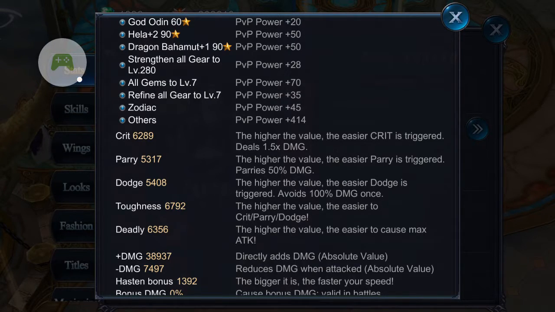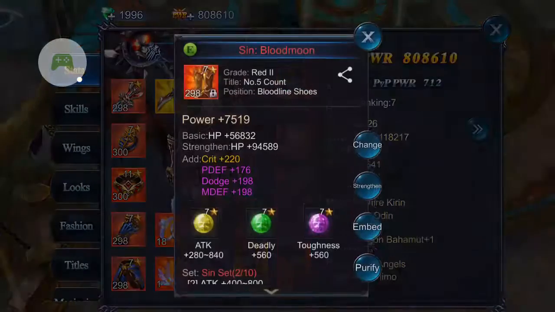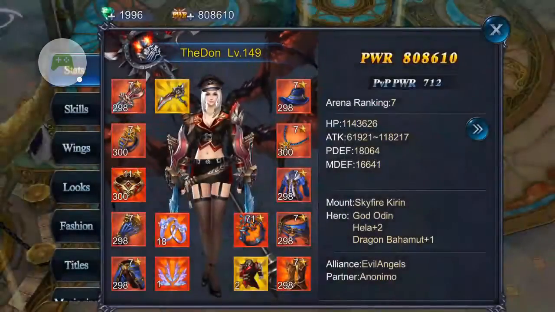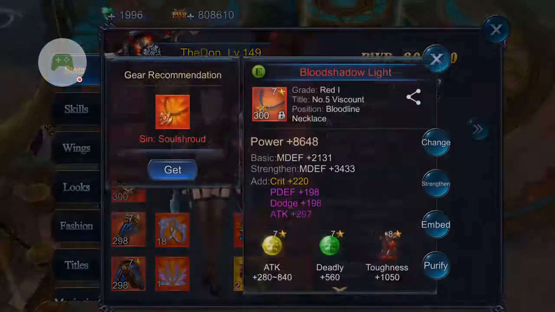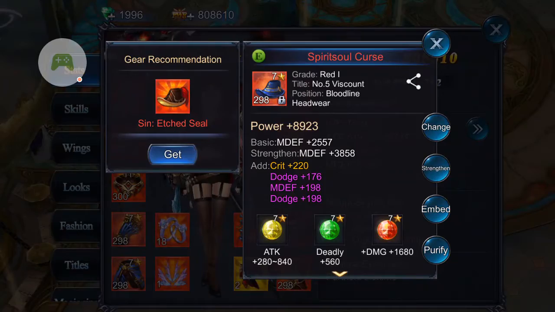I don't know how to make that stick anything more. If you don't get anything out of this video, just remember your crit, toughness, and deadly are going to be your most important things that you're going to want to get. So for toughness, as long as your toughness is as high as your other ones, I wouldn't worry about how many gems you have. Typically, I usually only do 4. So you see on my boots, on my belt, on my jacket, and on my necklace, they all have toughness. Everything else is going to have damage